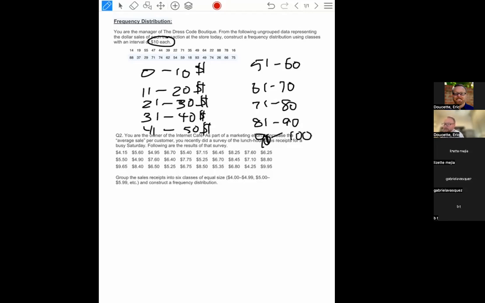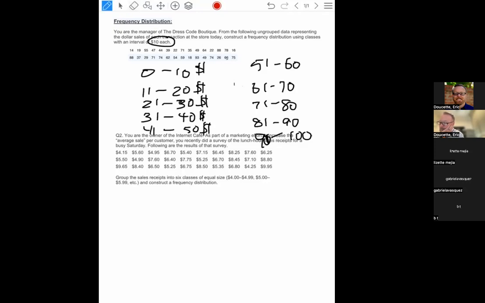All right. So all they're asking you is how many of each. So how many are $0 to $10? 0. How many are from 11 to 20? So 1, 2, 3, 4. And you can do it with numbers. You can do it with slash dashes. So the way that they probably prefer that you do it, I'll just do it that way, is you would